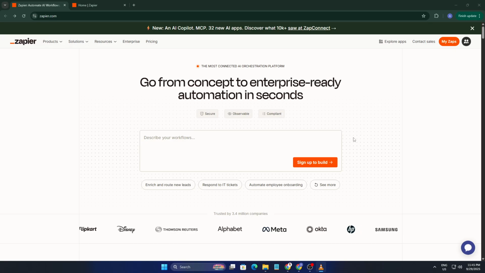Are you ready to supercharge your automation in 2025? Today, I'm going to show you how to build sub-zaps in Zapier, a game-changing technique to streamline your workflows like a pro. Whether you're new to Zapier or already a seasoned user, mastering sub-zaps can save you time and make